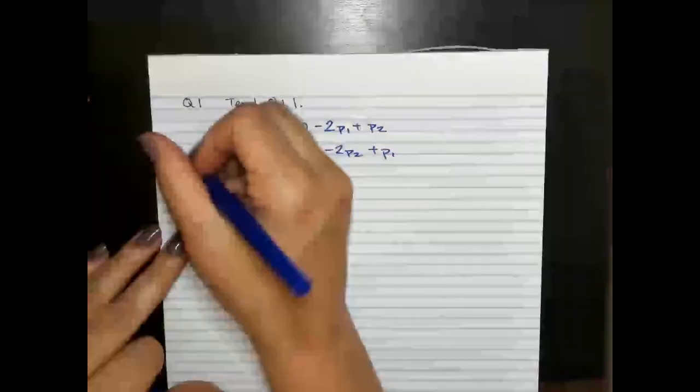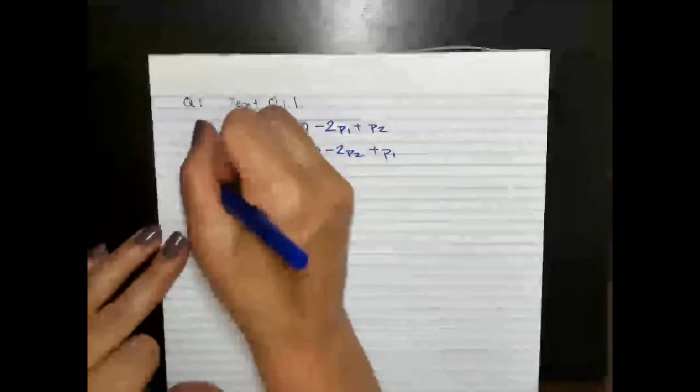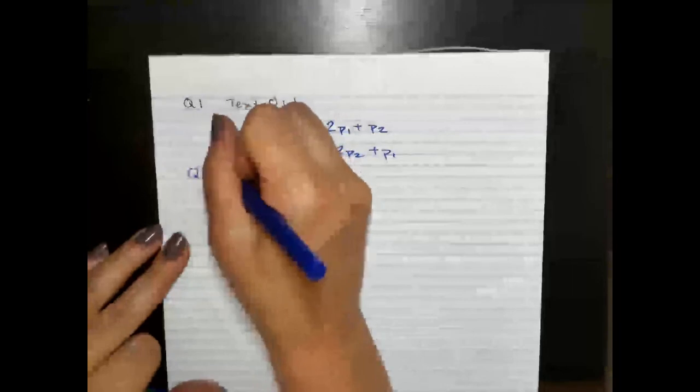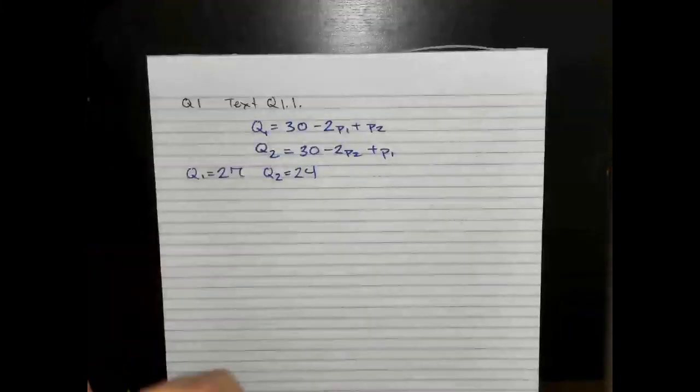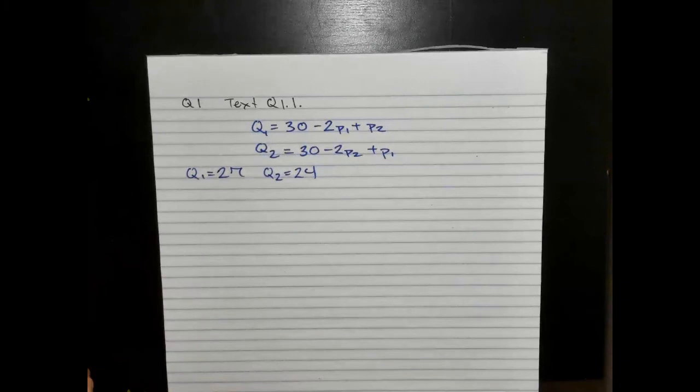We also know that the quantity demanded in these markets for Q1 is 27, and for Q2 is 24. And so what we can do is insert this quantity into one of these formulas and then solve for the price in one, and then use that to solve for the price in the other. Hopefully that's pretty straightforward. So we'll start with